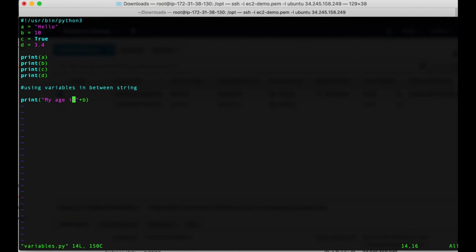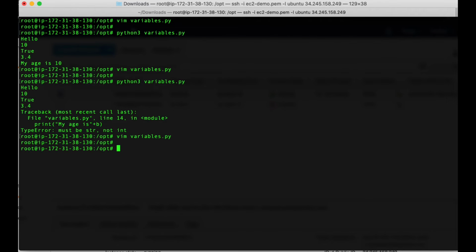So we can fix it by adding str. What I just did is convert this variable, which was an integer earlier, into a string. Let's try printing now.